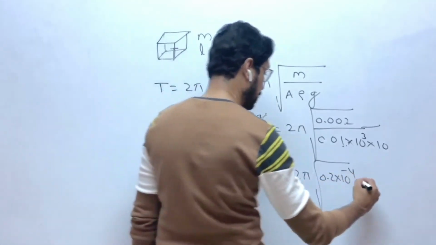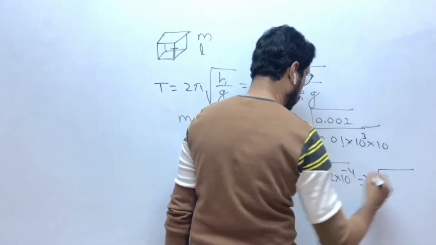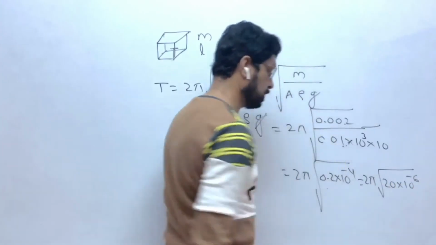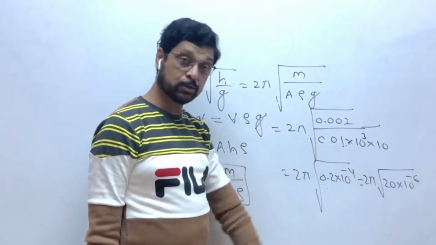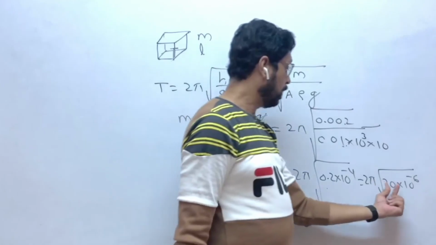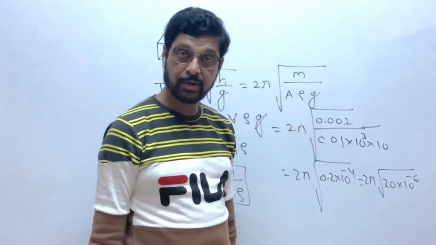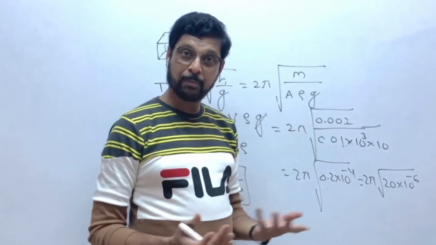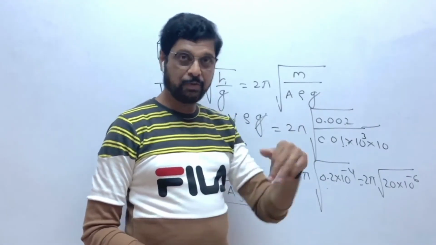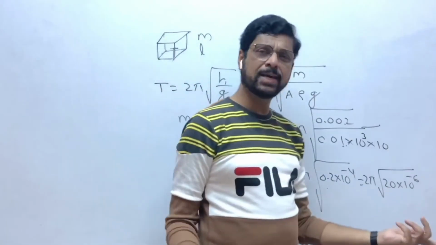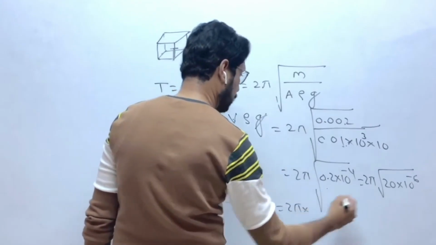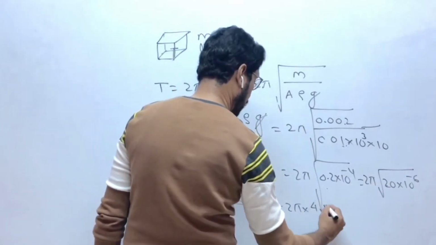Or you can say this is 2 pi under root 20 into 10 raised to -6, that will work, since 0.2 into 10 raised to -4 is 20 into 10 raised to -6. The square root of 20 is obviously approximately how much? 4.5. The square of 4 is 16, the square of 5 is 25, so for 20 we will take approximately 4.5. So this will be 2 pi into the square root of 20, 4.5,